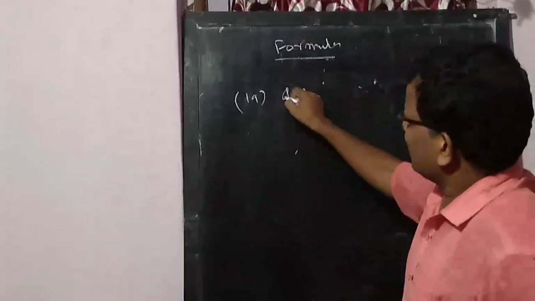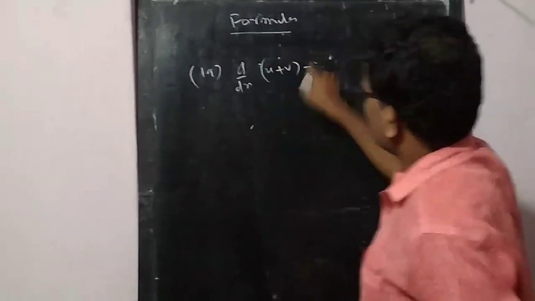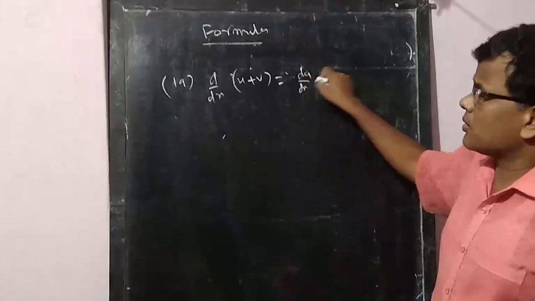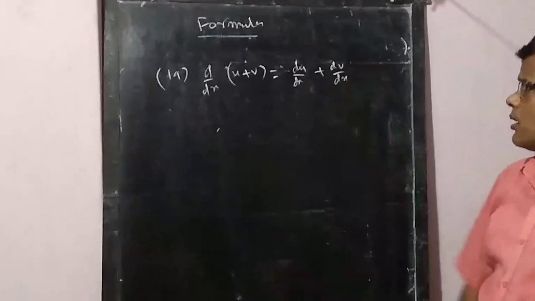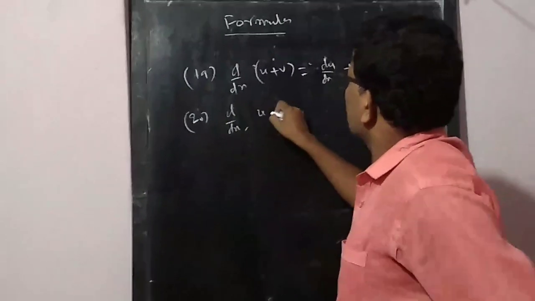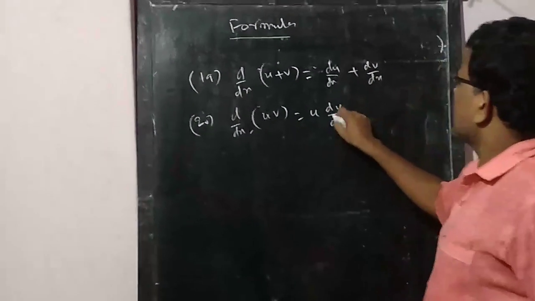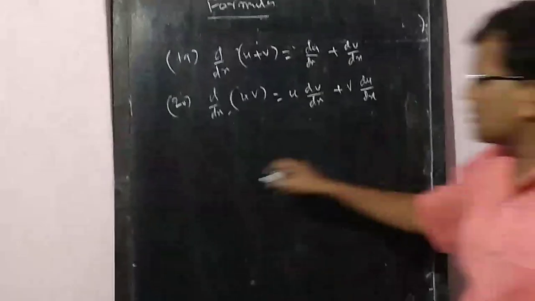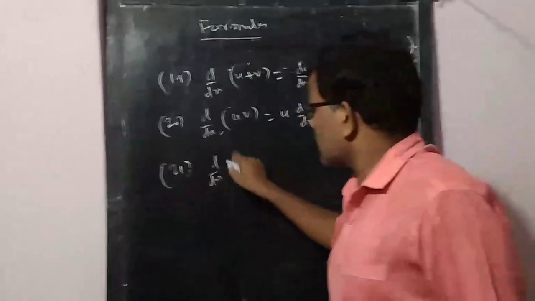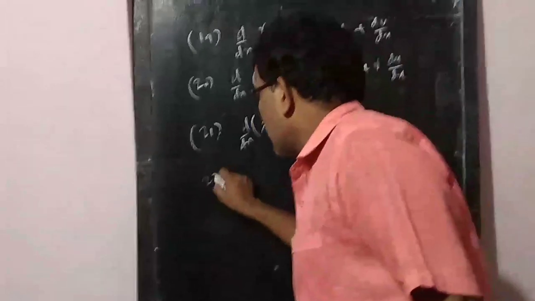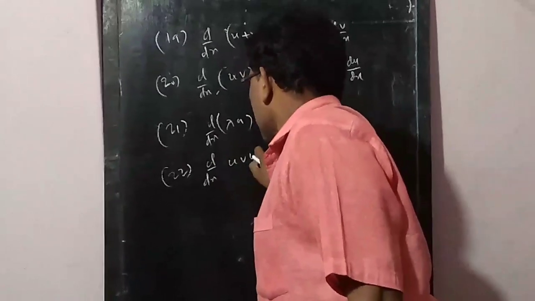Next, 19, d by dx of u plus v. Whenever it is in addition form, that is d by dx of u plus d by dx of v. 20, d by dx of uv is u dv by dx plus v du by dx. 21, d by dx of lambda u is nothing but lambda du by dx, and you could take it out. 22, d by dx of u v w will be